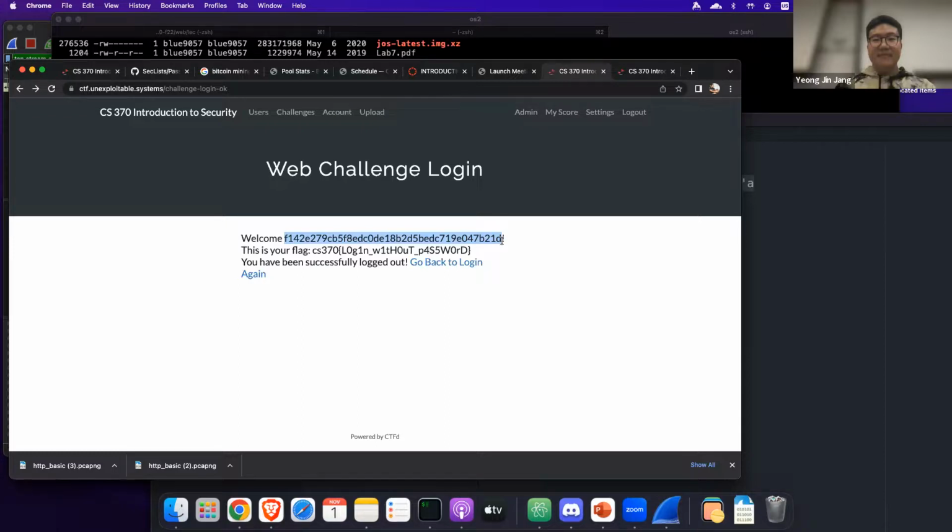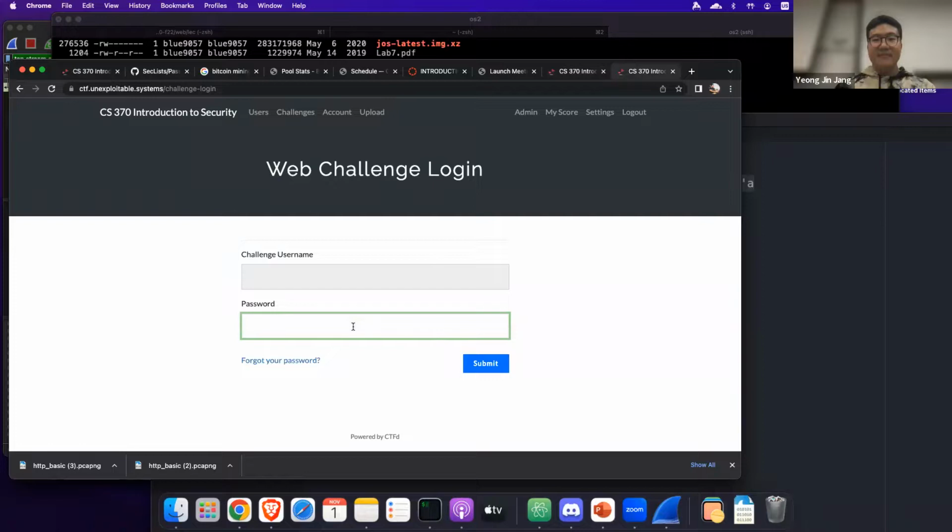Any questions? Yes? We're getting it because the output is displayed on the website. Right. What if it's not displayed on the website? Even if it is not displayed on the website, we can make a conjecture. What is the simplest way you can write a query? And then there is a quote for the password. That's why I'm trying